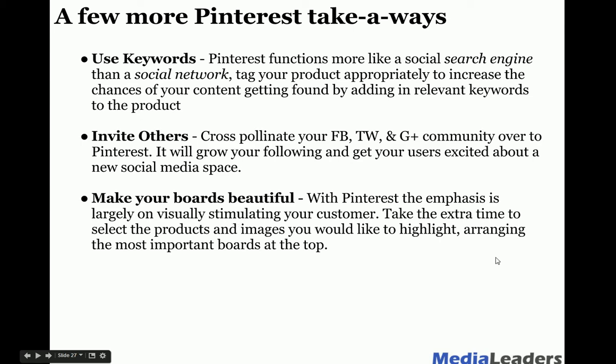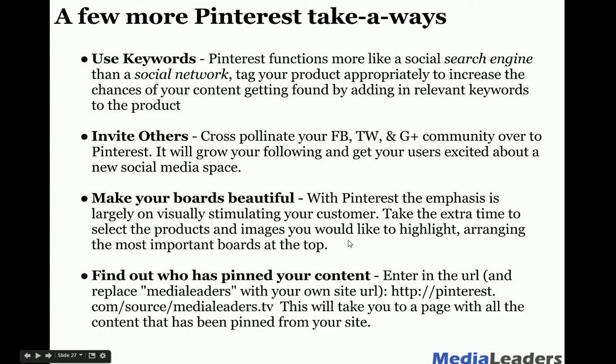Take the extra time to select the products and images you'd like to highlight, arranging the most important boards at the top. And then find out who's pinned your content. Here's a little tip, those of you that are watching this video. You can enter the URL with your own site,